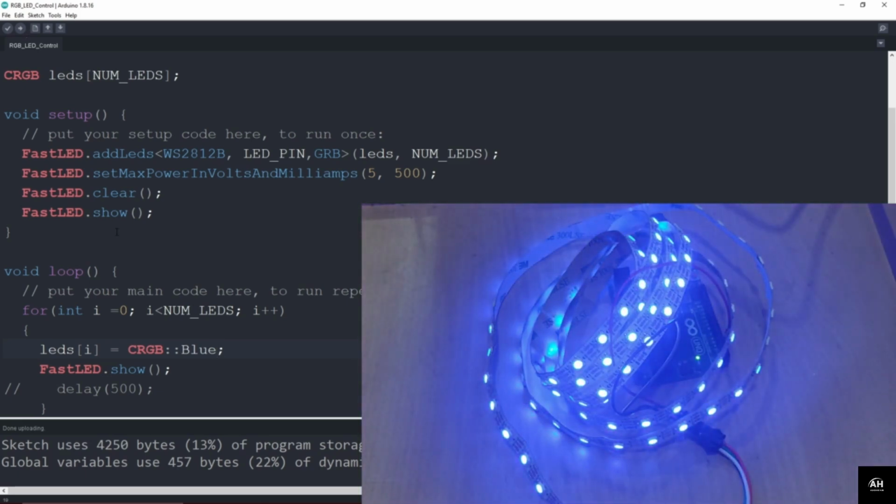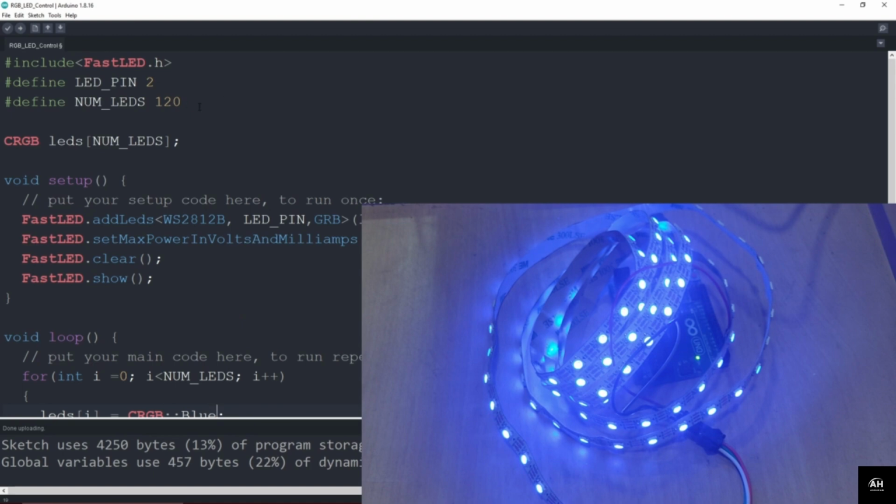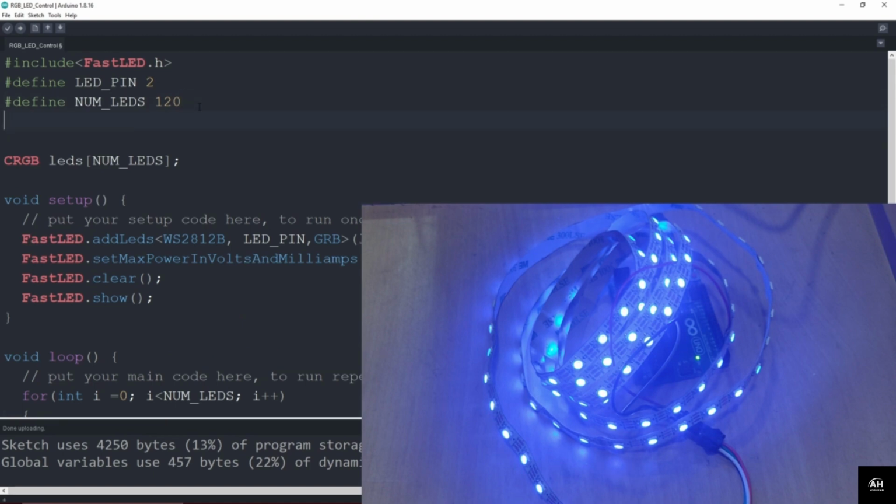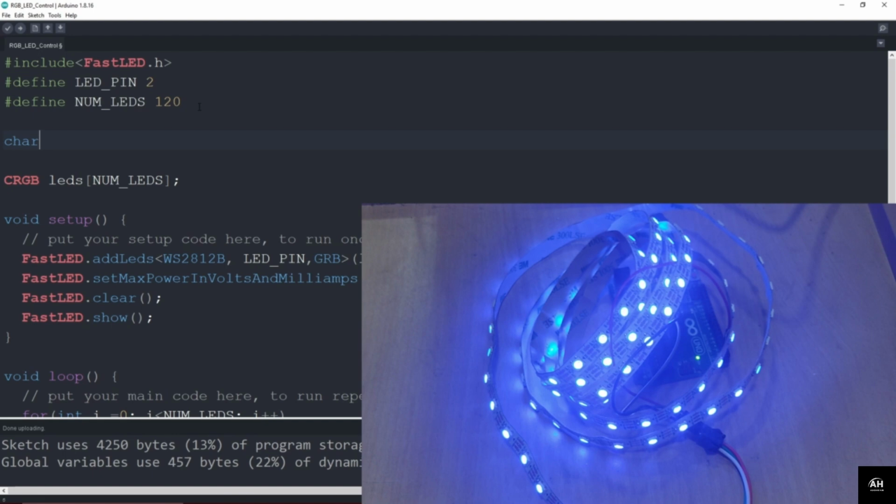So now we have seen how we can change the color of the RGB LED strip. But now what we want to do is take the input from the user through the serial monitor and control the color of that RGB LED strip. For that, we need to create some if statements. First of all, we need to take an input from the user through the serial monitor, so we will add a character input,